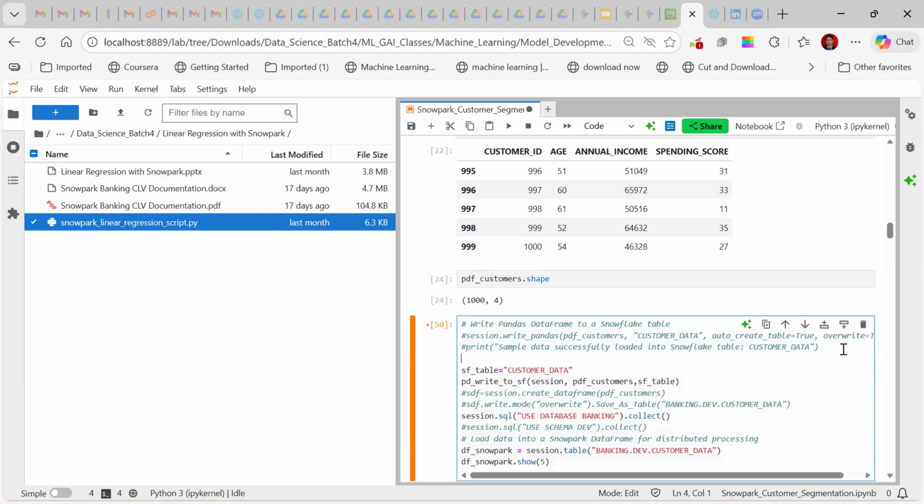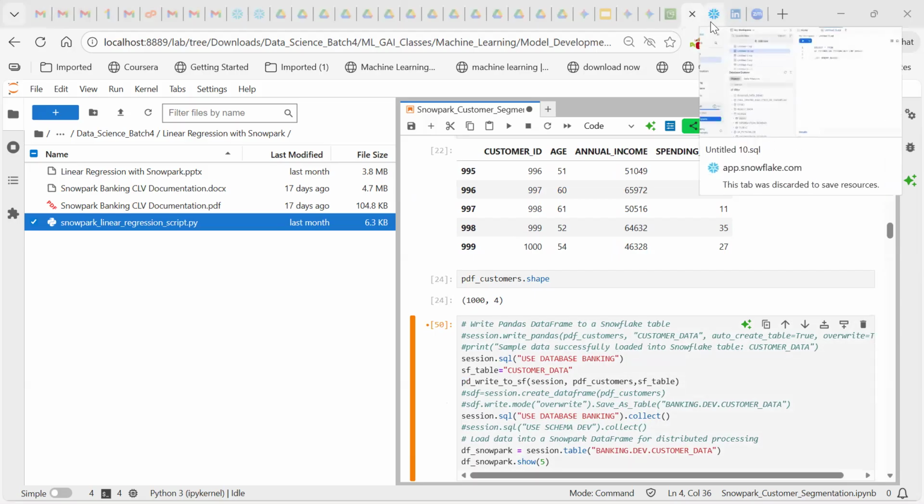When I say session dot, it is clearly showing. Can you try to execute in Snowflake: grant create stage on schema banking.dev to the account admin?